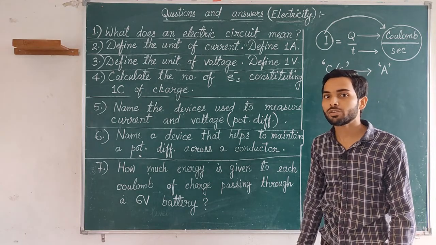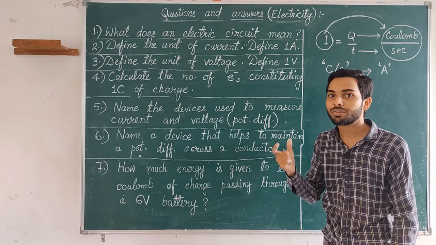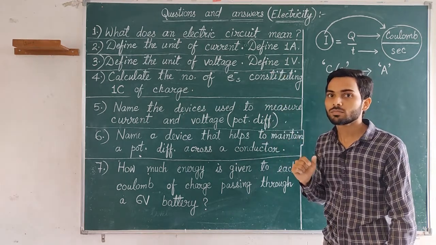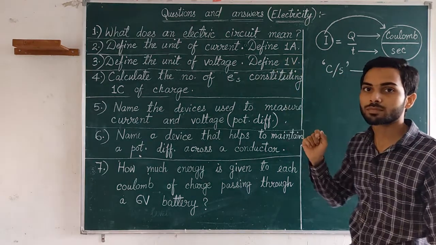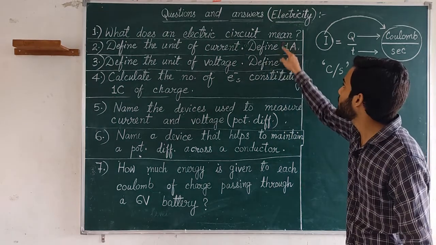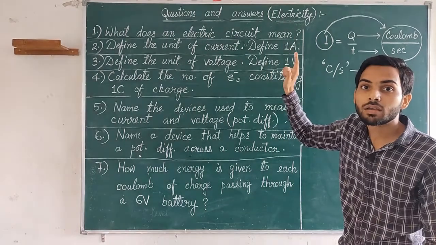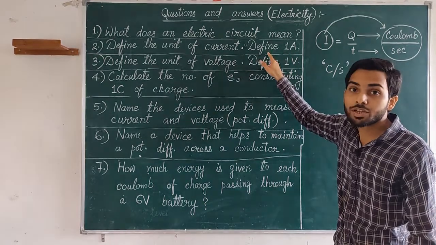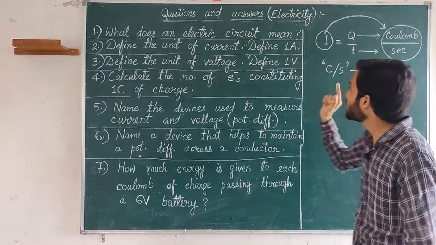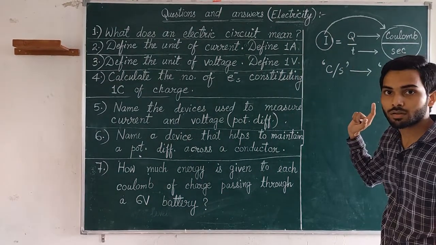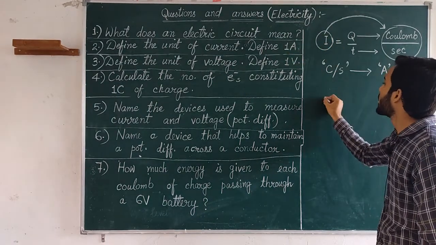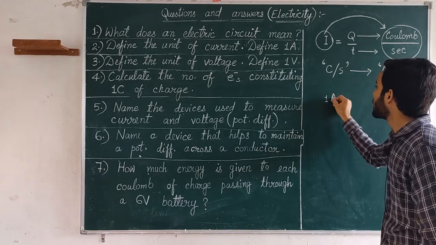First of all, my dear students, please try to guess what is being asked in the question. The question is asking about current. Define 1 ampere, and 1 ampere is nothing but current. It means that it is asking to define current. And how much current? 1 ampere. So you know the formula I is equal to Q by T. So taking the value of current 1 ampere here,